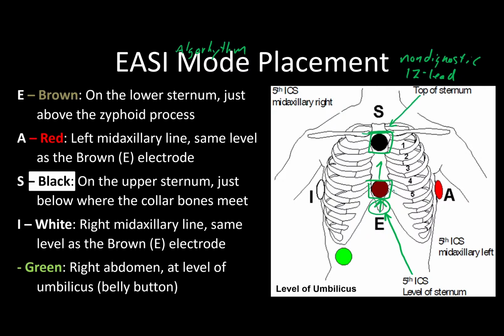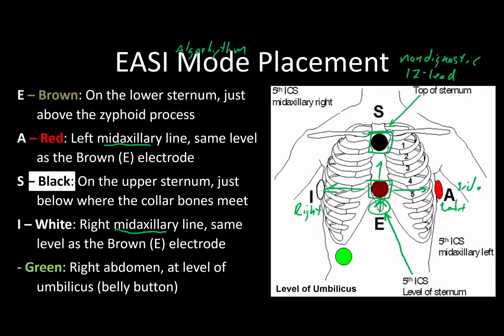Now for your red and your white lead, you want both of those to be directly across from the brown, as if you're wrapping a belt around the patient. And then they don't go in the front, they actually go out here on the side of the rib cage. They're actually in your mid-axillary line. And I will underline that there. Now your red is still on the left side of the patient, and your white is still on the right side. And what that does is essentially create an upside down T, and that's what the algorithm is able to use to come up with its